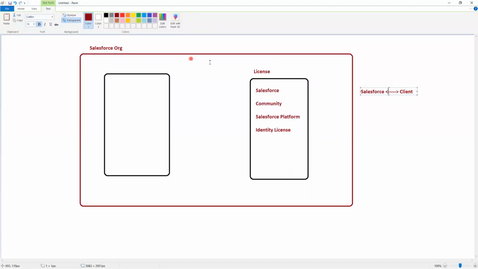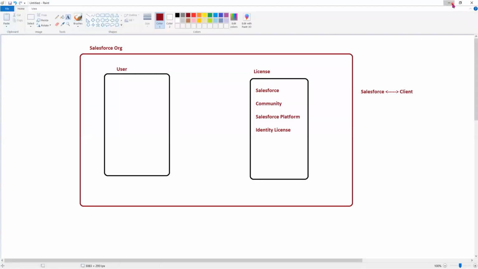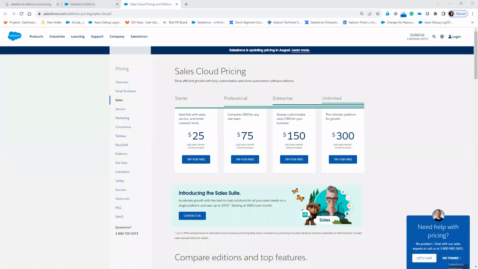Every org should have licenses, whether it is an enterprise edition, an unlimited edition, or a developer edition. This license is going to decide how many users can be created. Now, how can I know that? If you go to the company information,